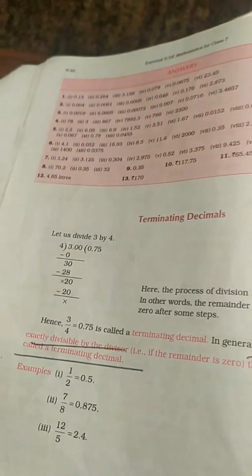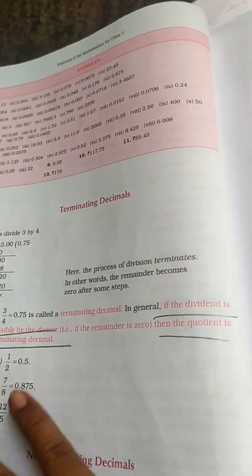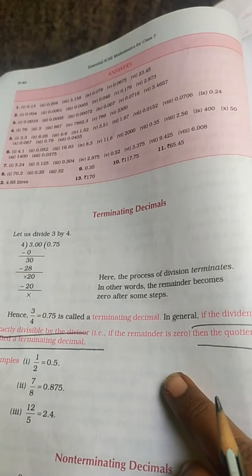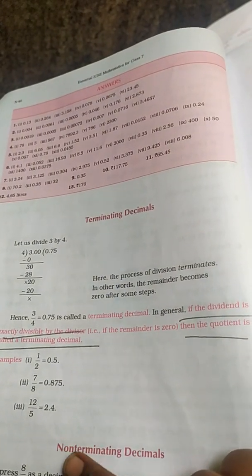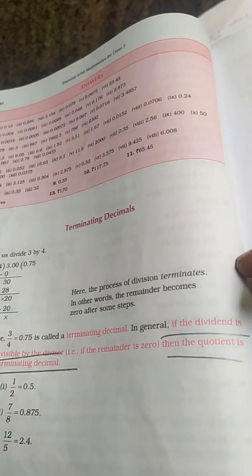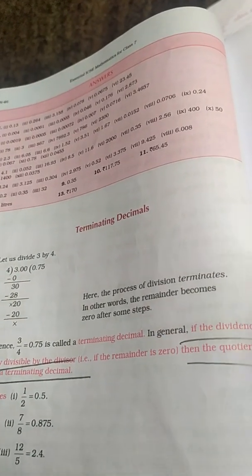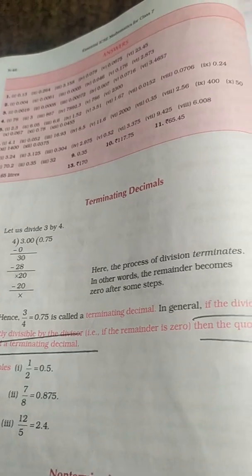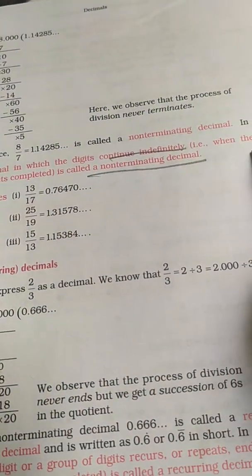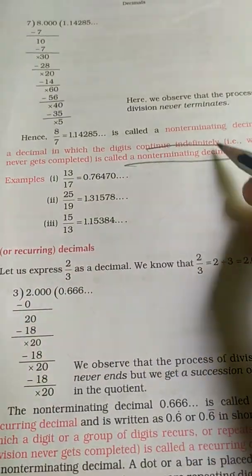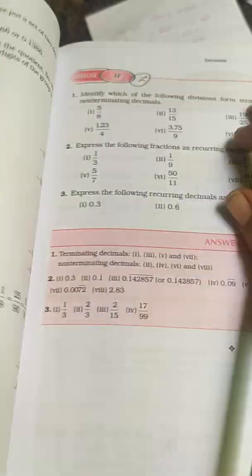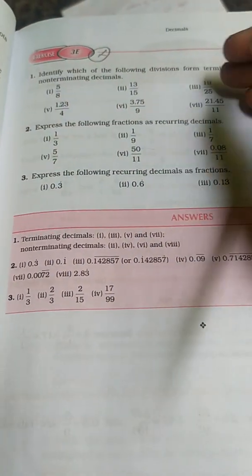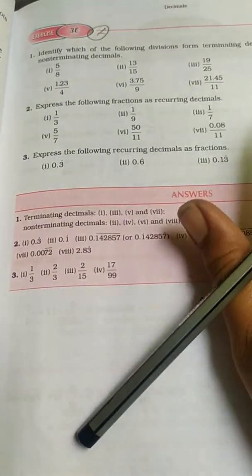And the exercise 3E. For this we have learned what you mean by terminating decimal and non-terminating decimal. If a dividend is exactly divisible by the divisor, and the remainder is 0, then the quotient is called a terminating decimal. What do you mean by terminating decimal? The remainder is exactly 0, we call that decimal a terminating decimal. If you don't have a remainder of 0 and it goes on continuing infinitely, we call it a non-terminating decimal. This exercise 3 is more important. Concentrate on all three problems, work out all the problems in this.